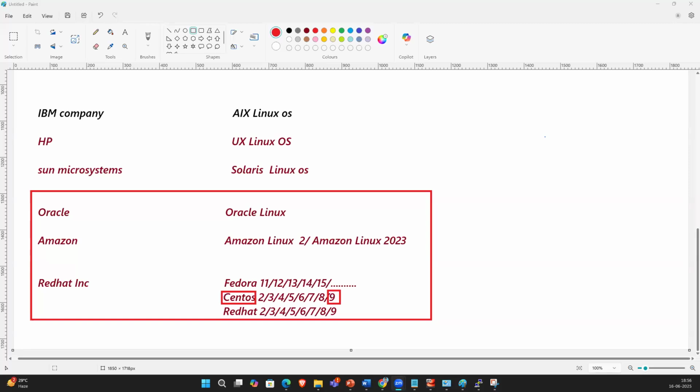Who is asking about Ubuntu? Yes, Ubuntu is also the same. Only a few commands are different, I will tell you. A Debian-based company took that source code and created their own version called Ubuntu. So Ubuntu is also the same, Ubuntu Linux and